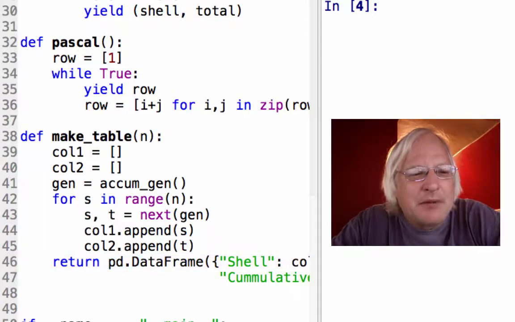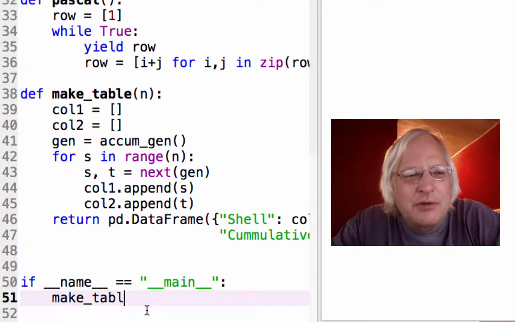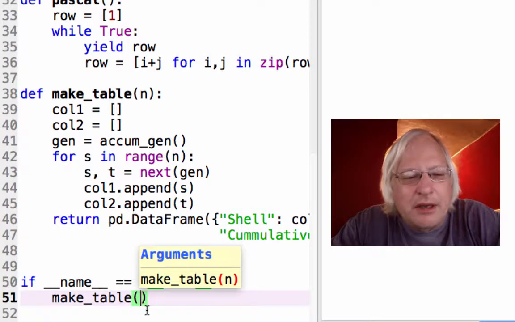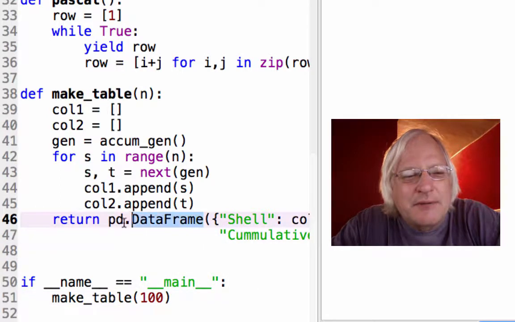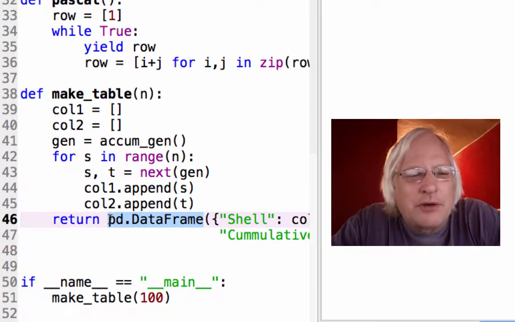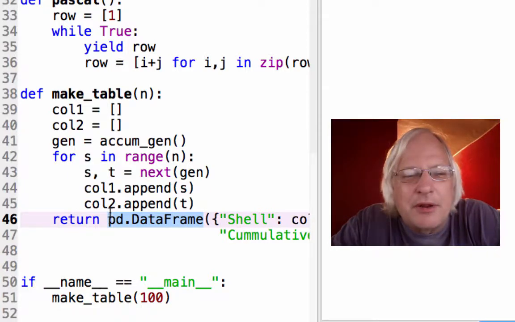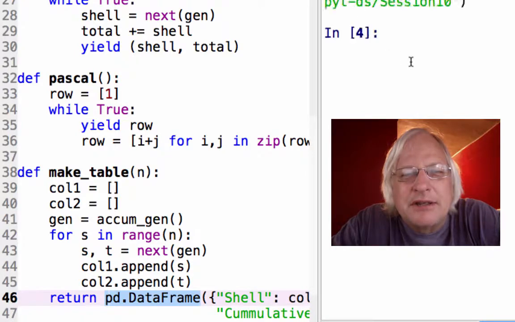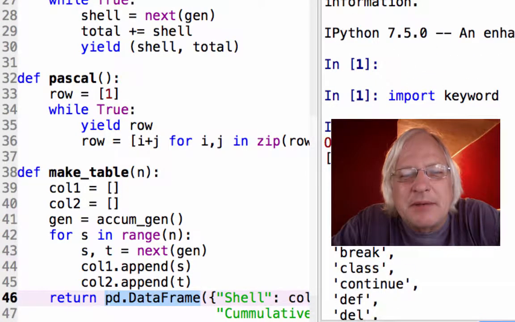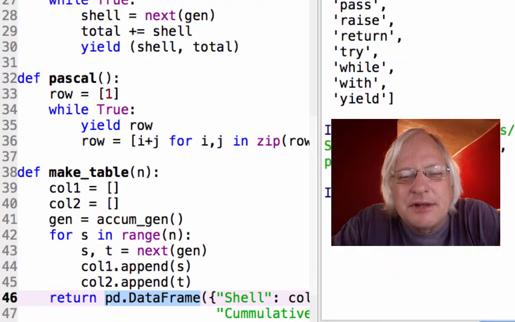And to make this table, I just have to, in this last line, decide what I want to actually do in this module. Like I want to accumulate 100 rows on this table. And by table, I mean a Pandas data frame. Now this is a type, just like a cat or a dog, that you're not going to find just because you are running Python. You booted it in Python, you started up Python 3.6 in this case. There's no pandas to be seen. I'm not talking about keywords either. I'm just saying in general.